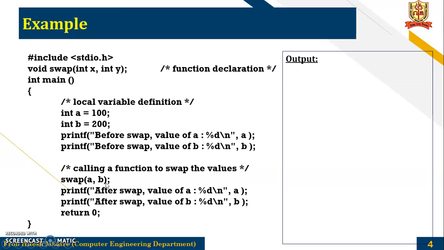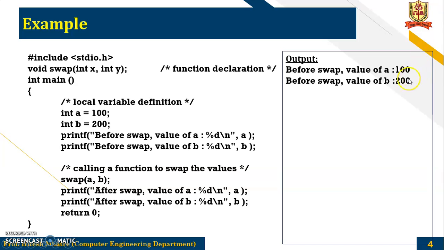Now since we are passing the values to this swap method which we have seen in the previous slide, it will exchange them, but since we are not returning these values to this function because we are not storing any value here in a variable, the changes that are made will be only limited to that particular function body. So after swap, when you display the value of a and b, you will get the same.